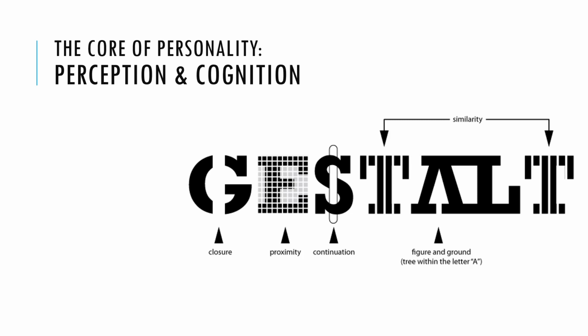You've got some principles of Gestalt theory being illustrated: closure, proximity, continuation, and so on. Those are some Gestalt laws of organization, of how we make sense of information coming in through our visual system and figure out what is the important information and what is the information that we can ignore.